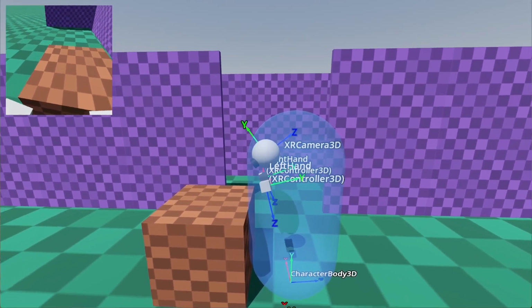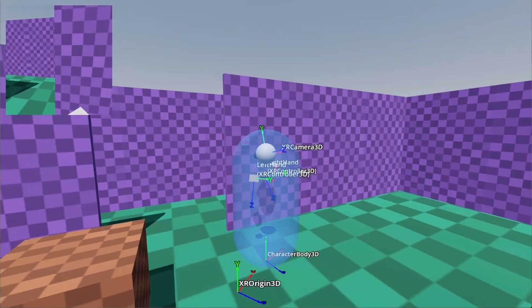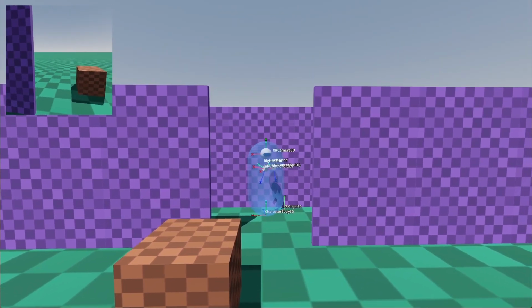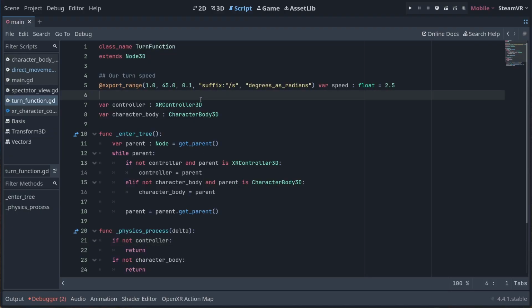We'll look at two commonly used features to combat motion sickness. It is advisable to make this configurable to your users. Some may want this, some will want to disable it. The first is called step turning. What we've implemented so far is called smooth turning. With step turning, we turn in increments with a pause in between.